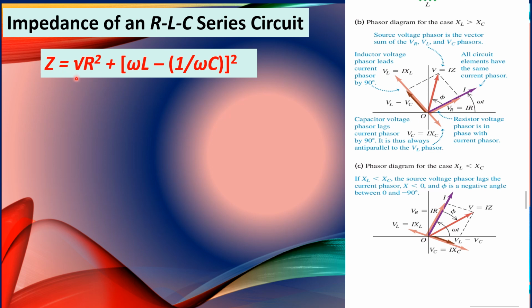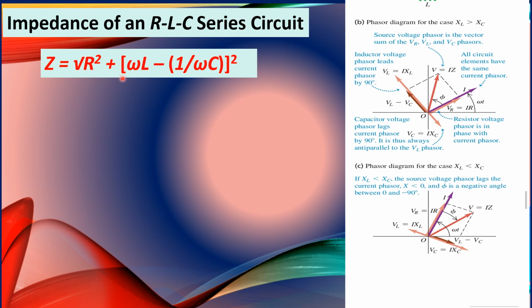It is shown in this equation that the impedance of an RLC series circuit is dependent on the resistance, the inductance, the capacitance, as well as the angular frequency of the oscillation. Alright? So impedance capital Z can also be determined using this formula, which is Z equals square root of R